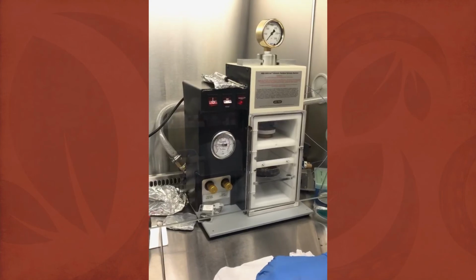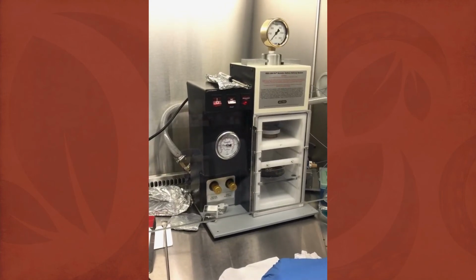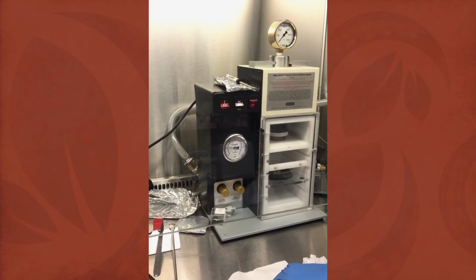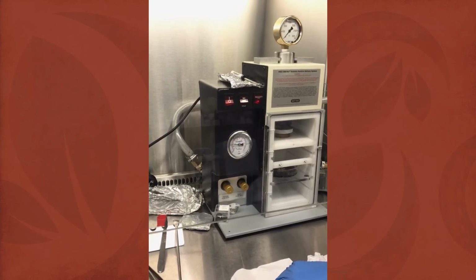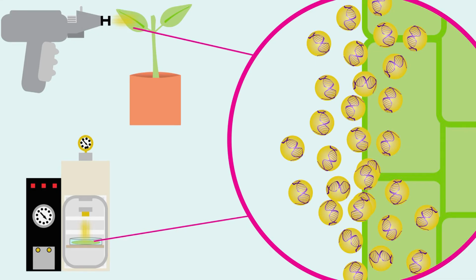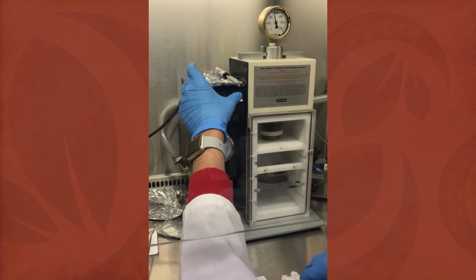Yes. Okay. And then there's this other thing that's kind of like a shotgun or something, which sounds awfully crude for something this scientific, but let's talk about that one. It's very sci-fi, and this is called particle bombardment, or the gene gun. And so the gene gun is loaded with these microscopic gold beads, pure gold. We coat these beads with our DNA of interest. And then we physically, with brute force, shoot these beads into the plant cells to have them uptake this DNA.